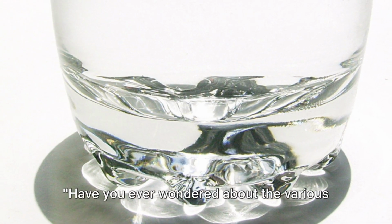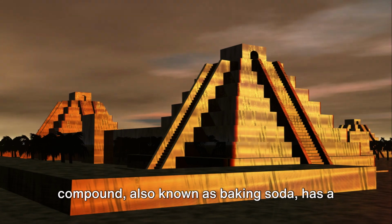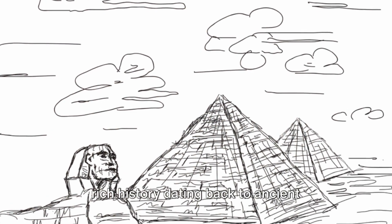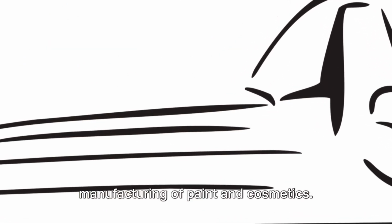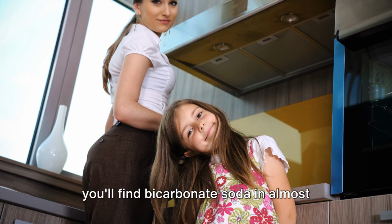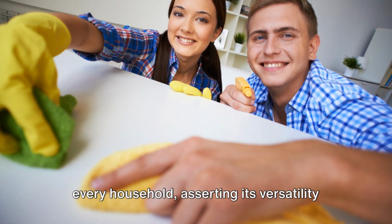Have you ever wondered about the various uses of bicarbonate soda? This humble compound, also known as baking soda, has a rich history dating back to ancient Egyptian times, where it was used in the manufacturing of paint and cosmetics. Fast forward to the present day, and you'll find bicarbonate soda in almost every household, asserting its versatility in numerous